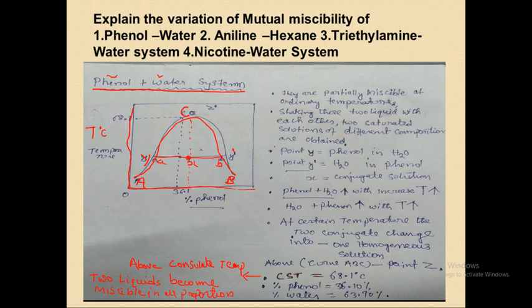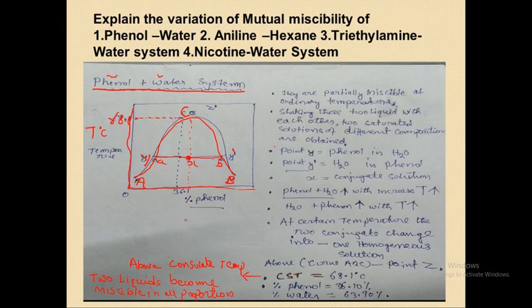So the mutual solubility of phenol and water increases on rising the temperature. On rising the temperature, let's say this point is 68.1. Ultimately, at a certain temperature, the solubility and miscibility increase on increasing the temperature. So on reaching a certain temperature, they become completely miscible. So above this 68.1 degrees Celsius, at the time the 36.1% of phenol has been added,